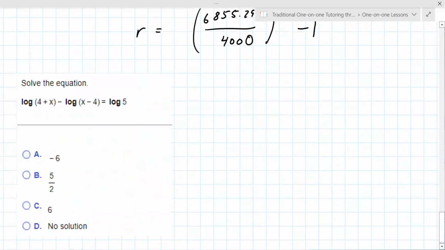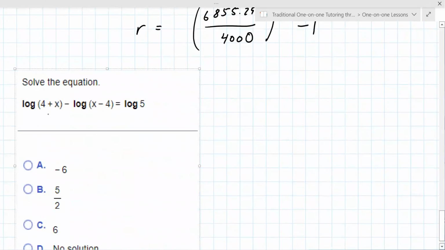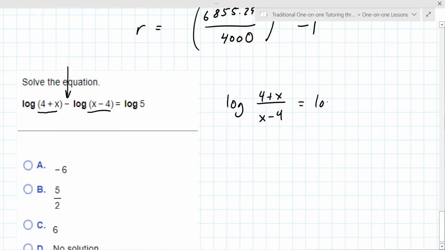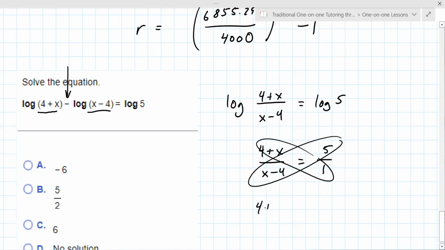All right, so the way you solve these logarithmic equations is you have to first combine the logs on the left. So a difference becomes a quotient. So it becomes the log of 4 plus x over x minus 4 equals log 5. And then you set the parts inside the log equal to each other. Okay, and so then you just cross multiply diagonally each side. You get 4 plus x, because 4 plus x times 1 is itself, 5 times x minus 4,